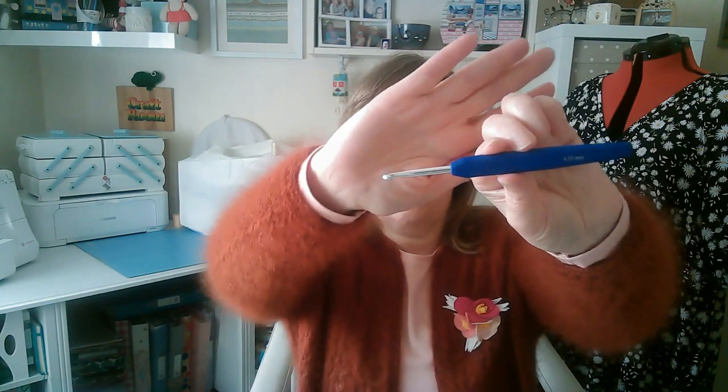So I think I've got one light blue and two grey squares left to do, and then I can crochet them all together. And the pattern is by Cherry Heart Crochet, and it's called the Solid Granny Square. So I'm looking forward to finishing that. The baby's not due until July, so I've got plenty of time, and I am using a 4.5mm hook, and I got this from Woolwearcraft,